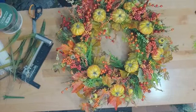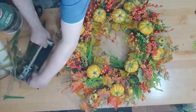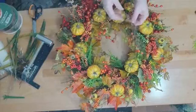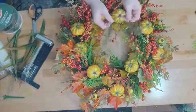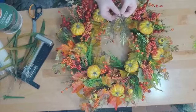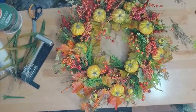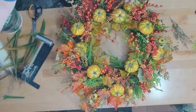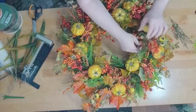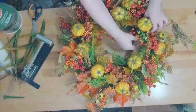Okay. So now I'm going to add just a little bit of glitz to it. I have this, it's got green, it's got a little bit of burgundy, but it's also got a little bit of gold. We're going to add some of this in there. So this will give it a little bit of a